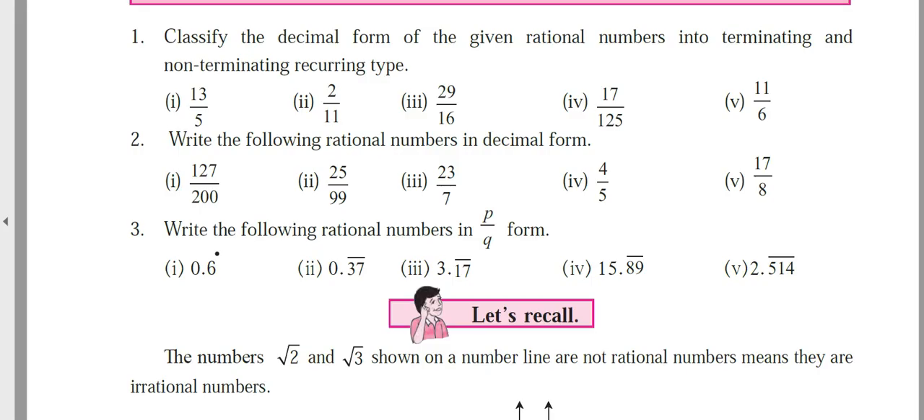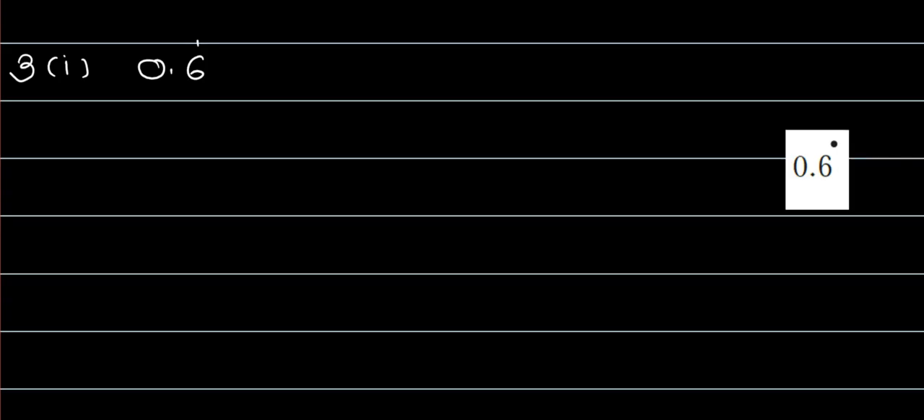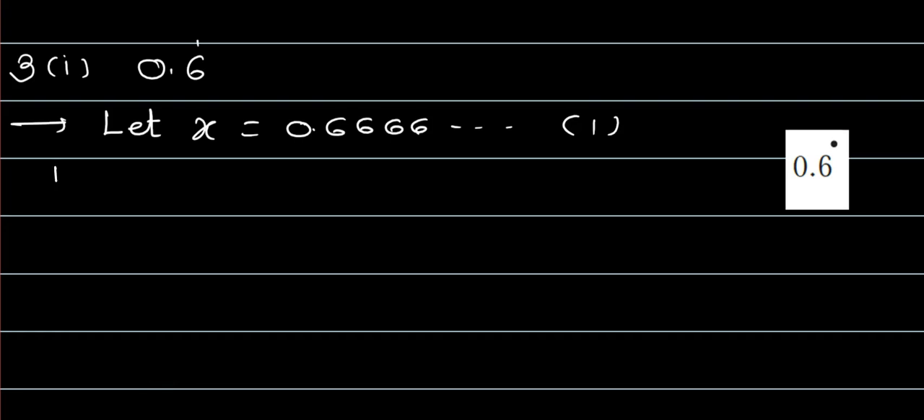Yes. Question number 2 is completed. Now question number 3. Write the following rational numbers in p upon q form. Follow these steps. That is 0.6 recurring. Let x equal 0.6 recurring. It is written as 0.666, equation number 1. The single digit 6 is repeated. Therefore multiply on both sides by